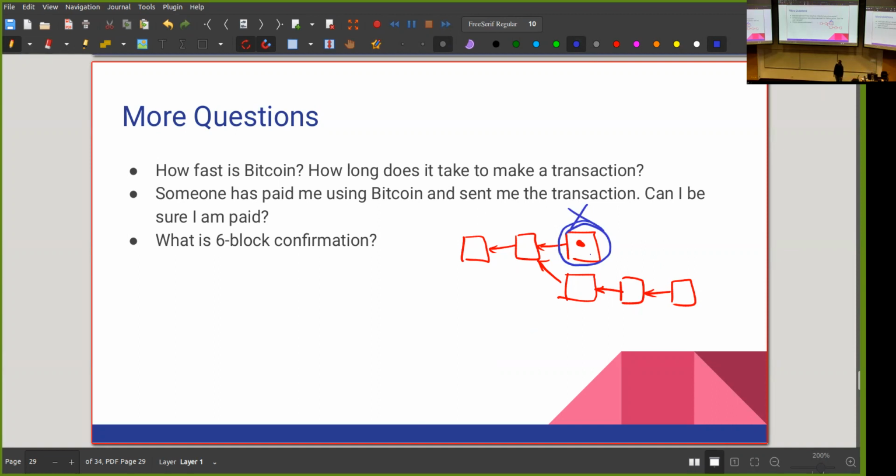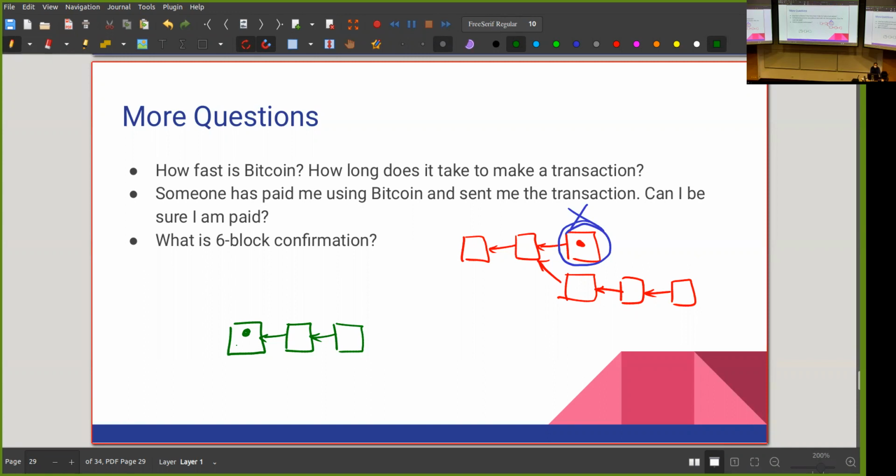So this is why you would hear about terms like 6-block confirmations. So the idea is that in order for you to be sure that the transaction is never going to be reversed, that the transaction is always going to stay in the consensus chain with very high probability, what you have to do is that you take the block in the blockchain that contains the transaction you care about, and then you wait. You wait until more blocks are added, right? And the more blocks get added to the end of this block, the less likely it is that this block would get out of the longest chain or the consensus chain in the future.